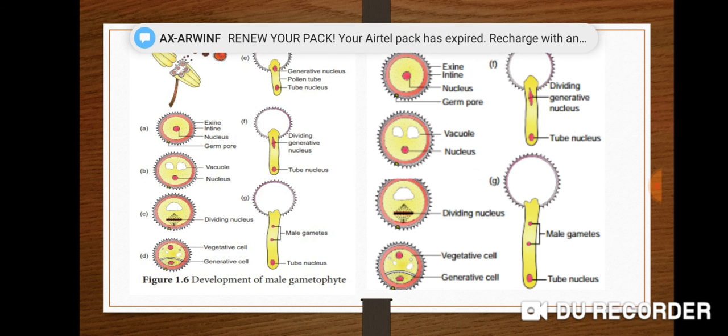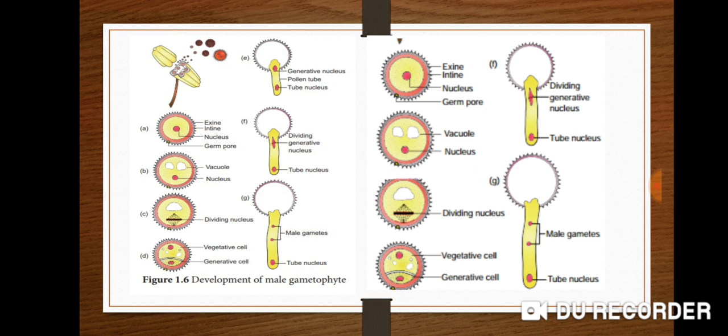When the pollen grain produces a single pollen tube, as in majority of angiosperms, it is called monosiphonous. If it produces more than one tube, as in Malva, the pollen grain is called polysiphonous. The pollen tube is branched in Cucurbita and Papaya. The vegetative and generative cells of the pollen grain migrate into the pollen tube as the pollen tube grows through the style. Callose plugs are formed in the pollen tube at a regular distance.